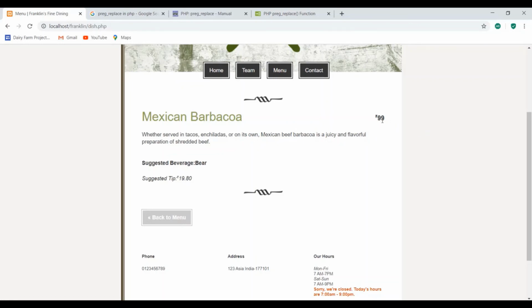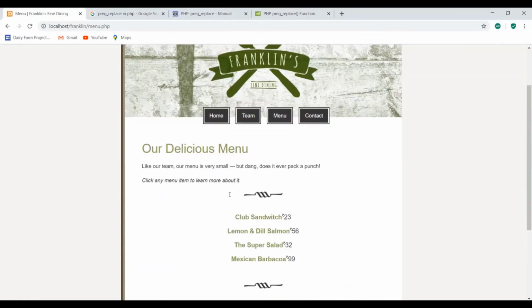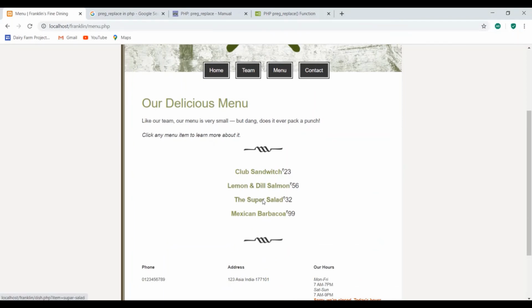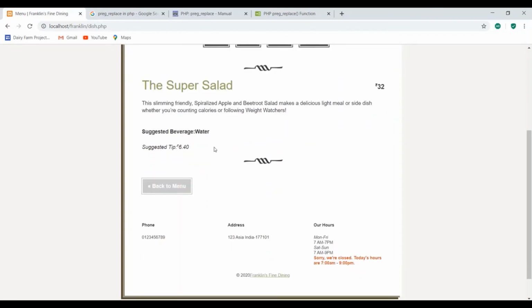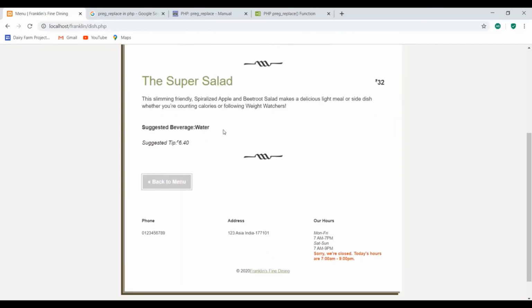Here is the price for that item, and here is the suggested beverage, which is beer, and the suggested tip is 98.80. We click back to the menu, and this time click on the super salad. Here we got the name of the item, then the price, then some blurb about it, then the suggested beverage along with that, and the suggested tip for that is 6.40, that is 20% of this value.